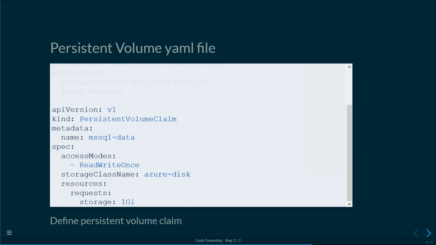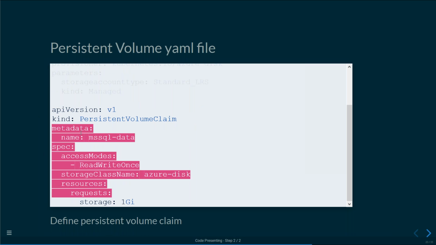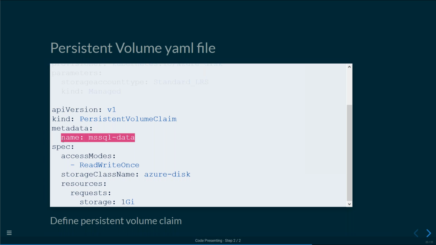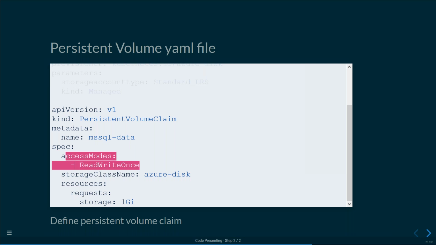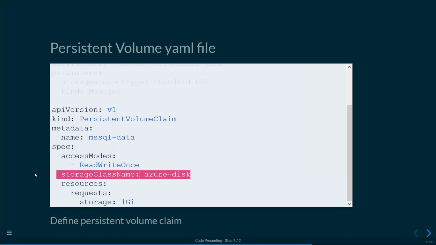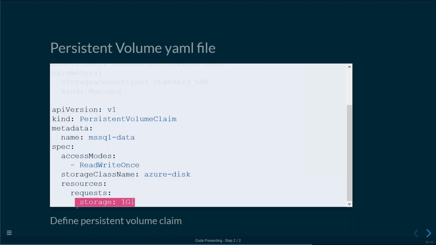Now, once I have that storage class, I can reference it when I create my persistent volume claim. So when I create my persistent volume claim here, type of persistent volume claim, metadata, name, MS SQL data, access mode, read write once, and then I reference my storage class name. And that's the one I've just created, Azure Disk. Once I reference that, I then reference how much storage I want. I'm going to go with 1 gig here because it's a demo. If I went with longer, we'd be waiting longer for these things to spin up. But 1 gig comes up fairly quickly. And then that will create my persistent volume in the background for me. So I don't need to manually go ahead and start creating volumes that I can attach to my cluster. This will all happen magically in the background.